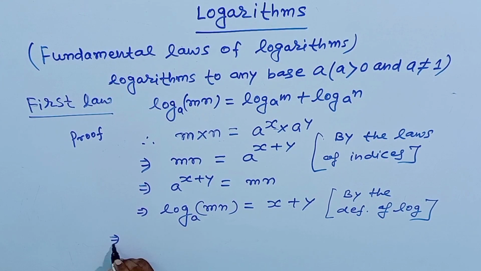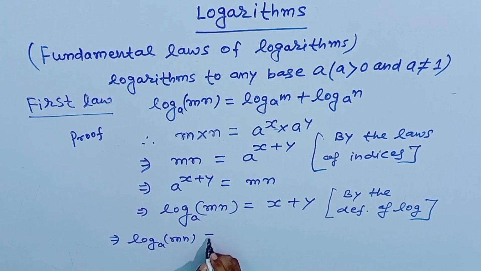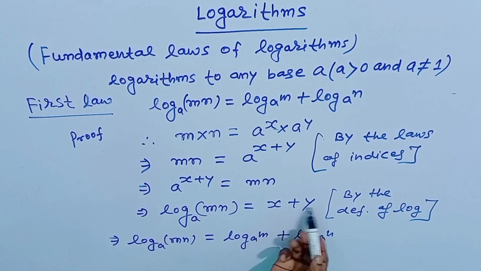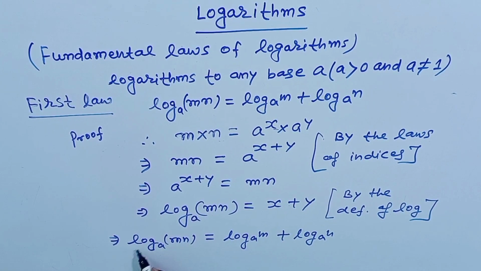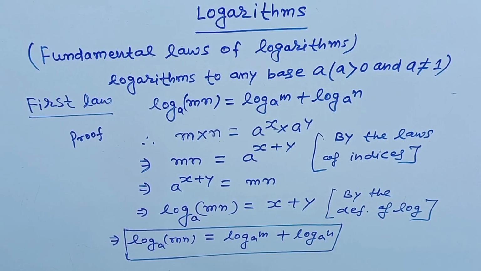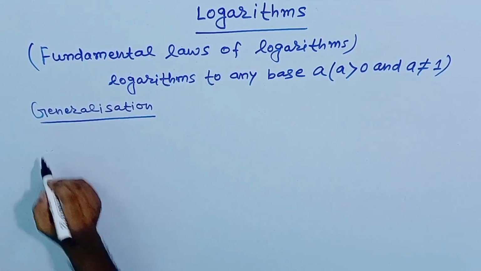So अब हम यहाँ x और y के वैल्यू को पुट करेंगे। So by putting the values of x and y, we will get logarithm of m into n to the base a is equal to x का वैल्यू है हमारा logarithm of m to the base a और y का वैल्यू है logarithm of n to the base a। So we will get logarithm of m into n will be equal to logarithm of m plus logarithm of n। So इस तरह से हम फर्स्ट लॉ को प्रूफ कर सकते हैं।